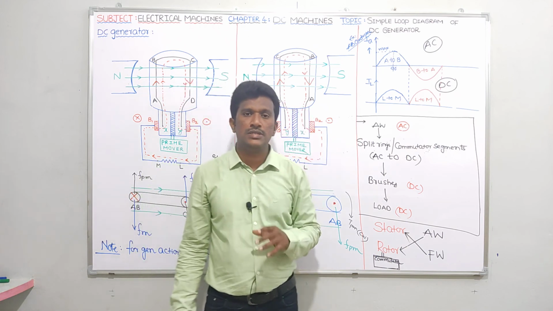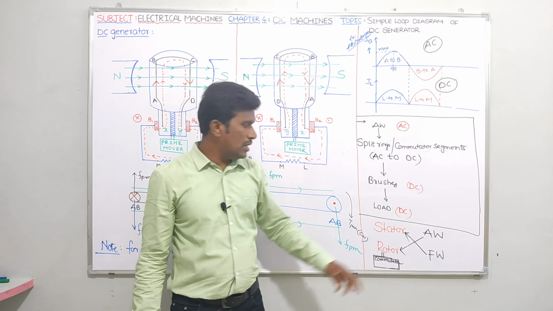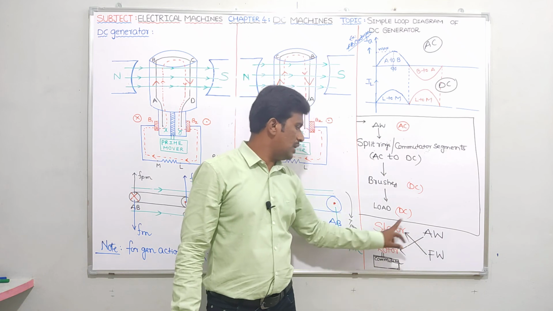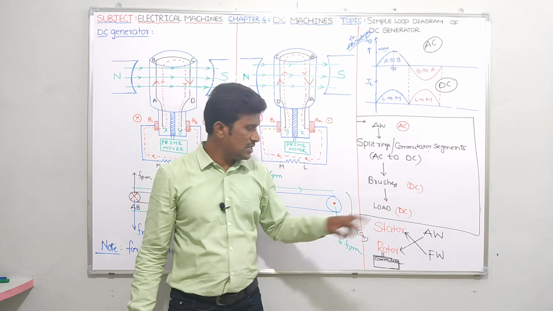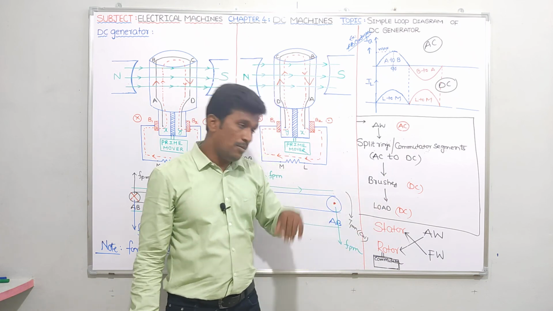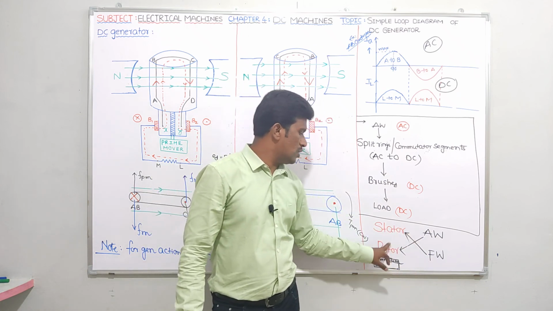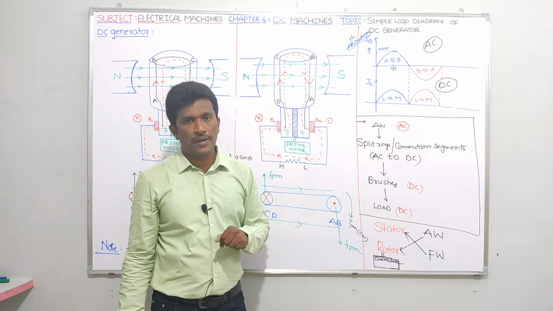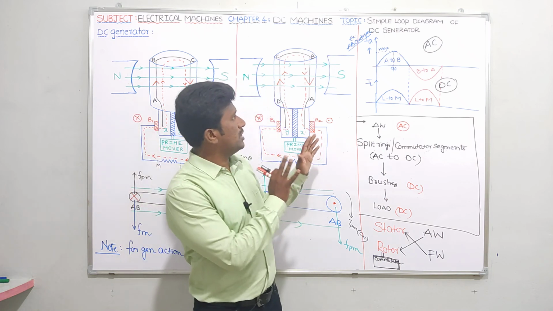Whereas in a synchronous machine, we don't have any commutator. Since there is no commutator, you can place armature winding on the stator or on the rotor. You can place field winding on the stator or on the rotor. That means two types of arrangements are possible there. Among those also, placing armature winding in the stator and field winding in the rotor has more advantage. That I already gave in synchronous machine. If you want, you can refer to that. Now please forget about synchronous machine and let me discuss DC machine.